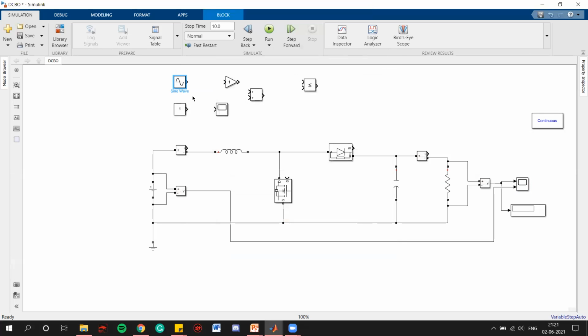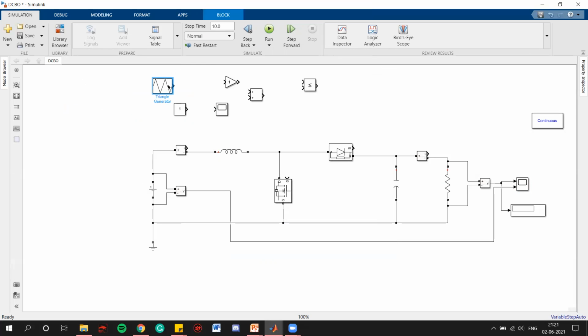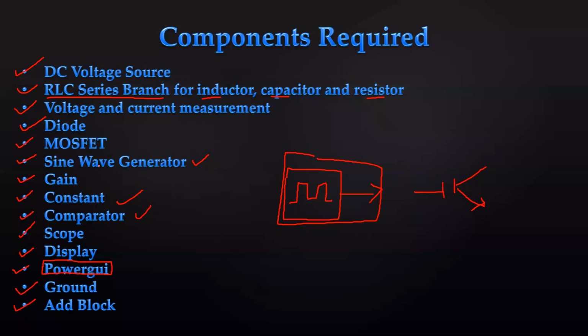Okay, let's not take this sine wave, for instance. Let's take triangular wave generator. Yeah, this would be better because we will use sine wave in closed loop operation. Here we will just change this. We are taking a triangular wave generator,